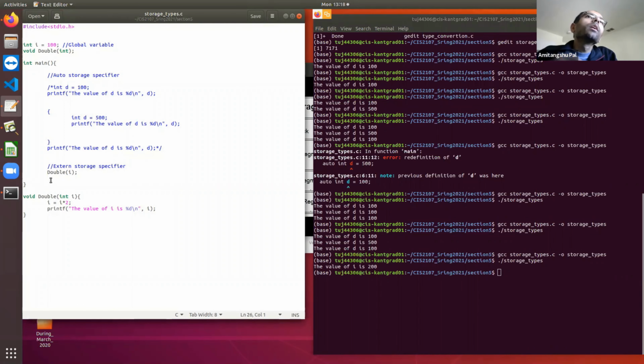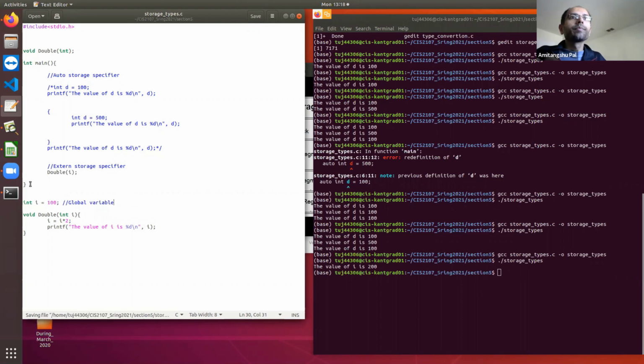Now, suppose I am declaring the same variable. I am writing the same line, but instead of writing it over here, I am writing it over here. Conceptually, this will not be a problem because i is indeed declared in a global space.